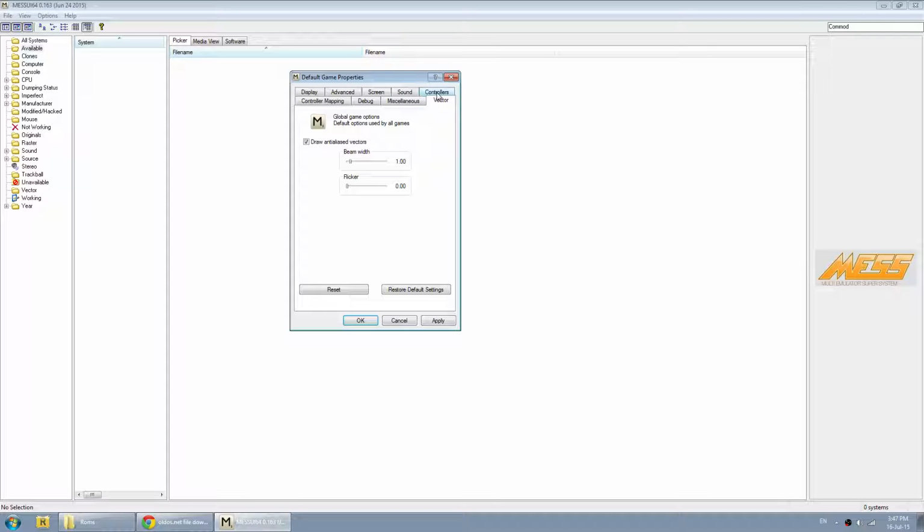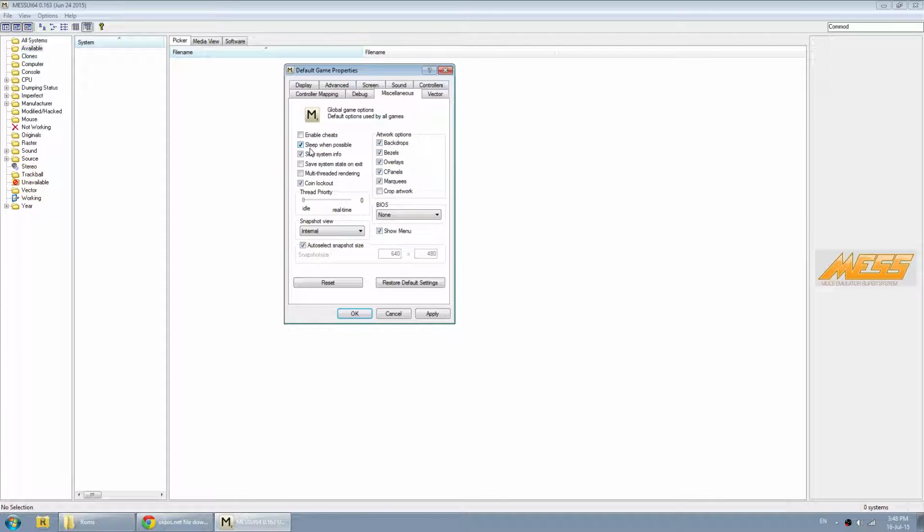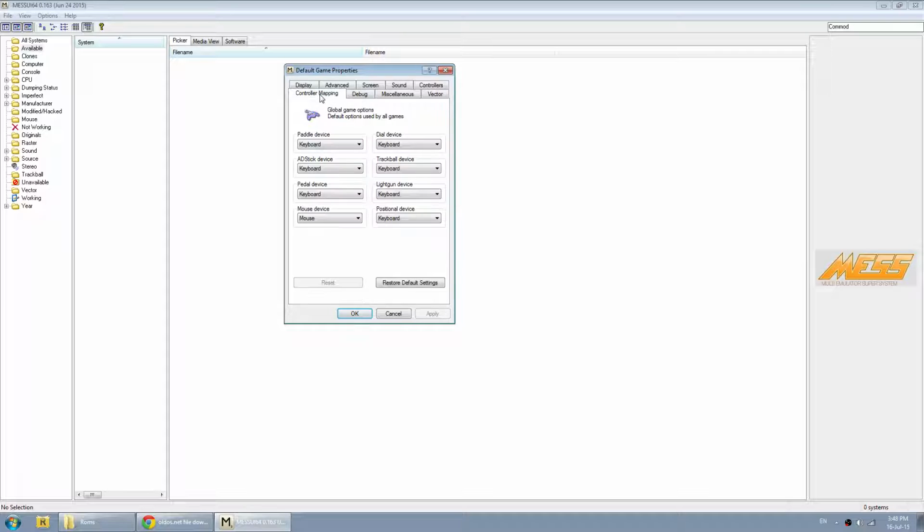So basically this is it. Vectors means vector games, I didn't really use this. Miscellaneous, skip system info, just to skip and save time. Enable cheats, I don't know what this means, but I didn't enable it because I don't play with cheats and I don't care about it. The other things, show menu, I will disable that because I hate this menu that is shown every time when you start the game. Okay, debug, don't mess with this, and this is actually how you want to emulate a